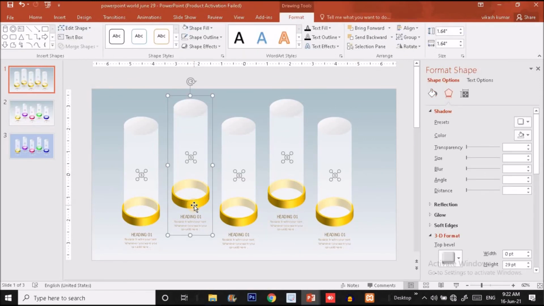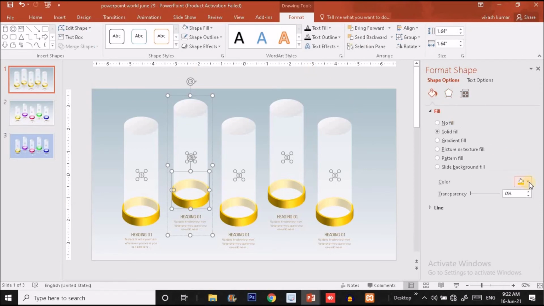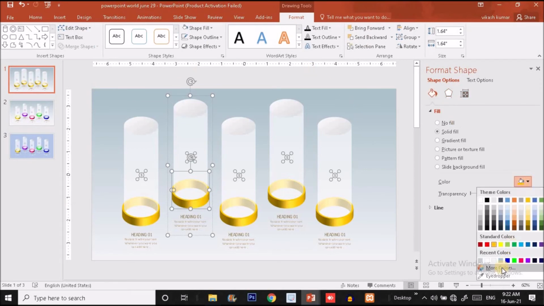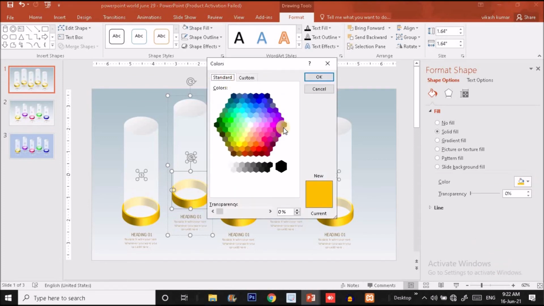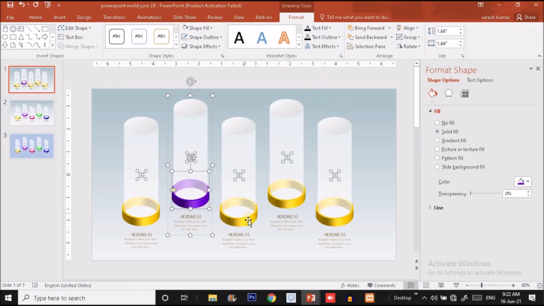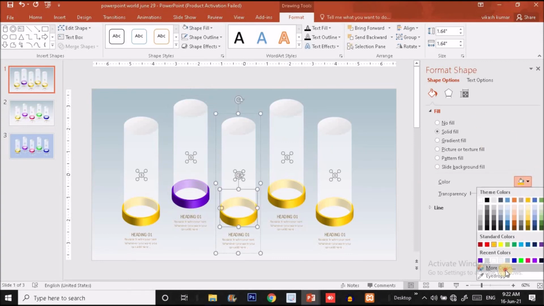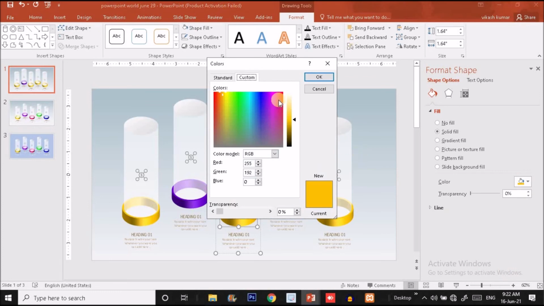Okay, now fill this shape. Which color am I using? Using more colors, my standard color, I'm going to fill it with this color. Now for this ring base, I'm going to use a pink color.